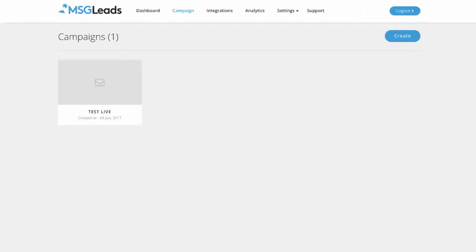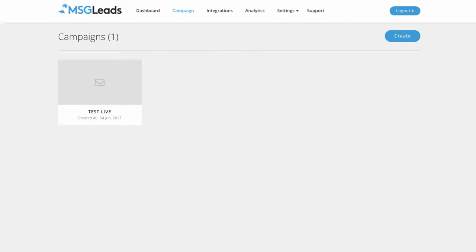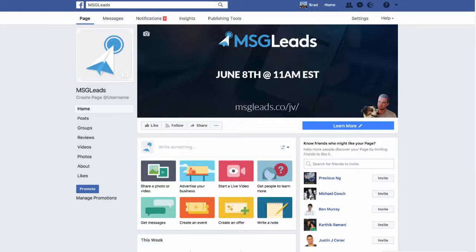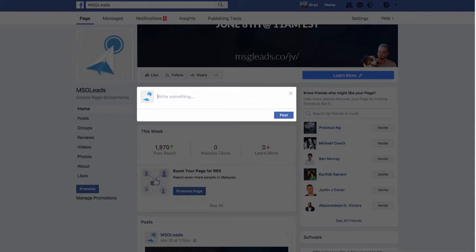And then it's going to redirect me back to the campaign dashboard. I just click on this code button right here, and it's generated my link for me. Now I can use this link anywhere on Facebook to sync people to my email list that I've chosen within the campaign setup. So for example, let me go into Facebook very quickly. And as you can see, I've got an MSG Leads Facebook page here that I'm using to run some ads. So if I was, for example, wanting to send a post or set up a post to my fans of this page, let's say I had 50,000 people who were fans of this page, I can say something like,